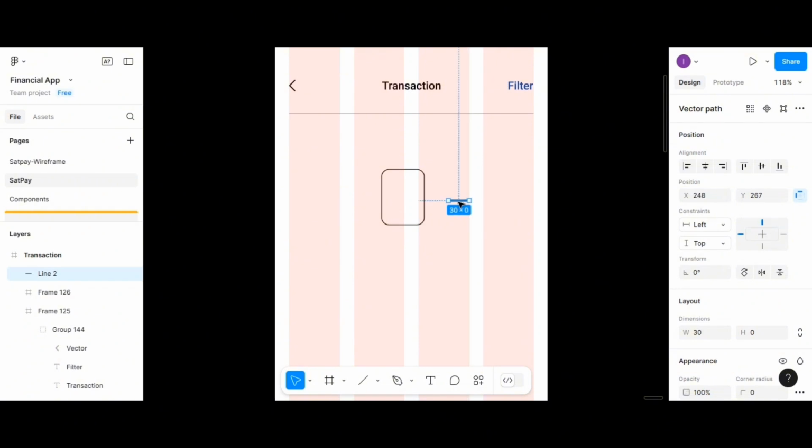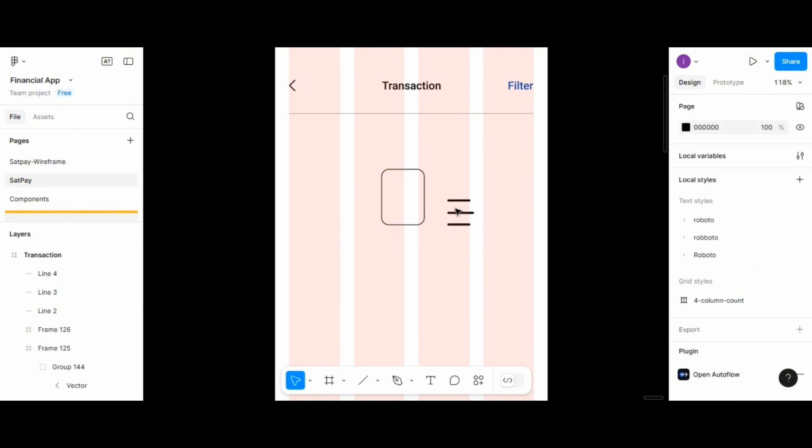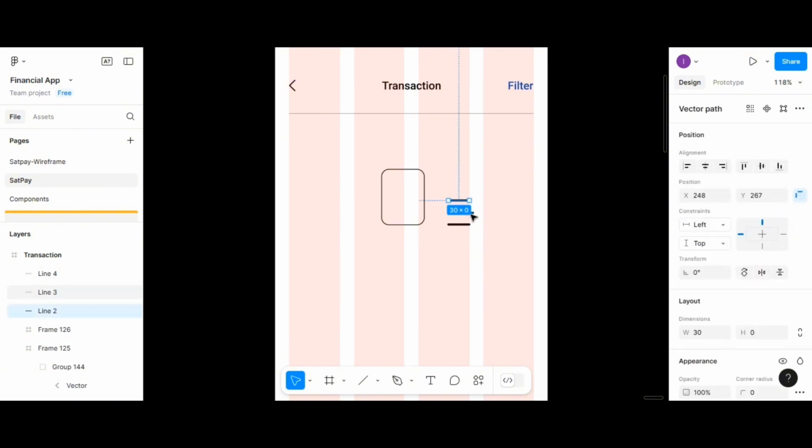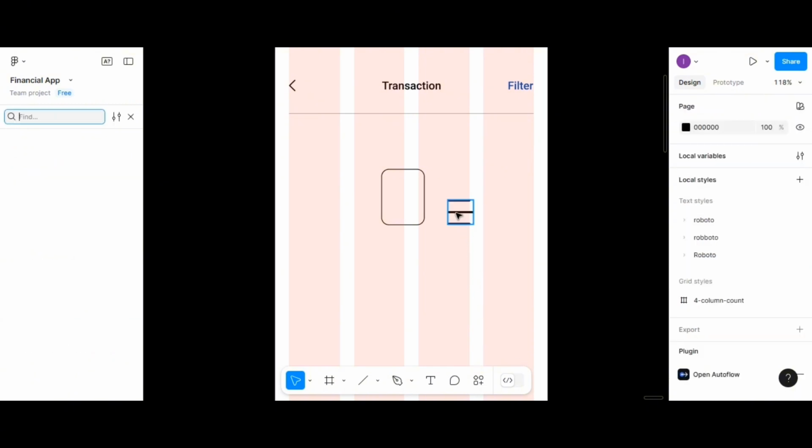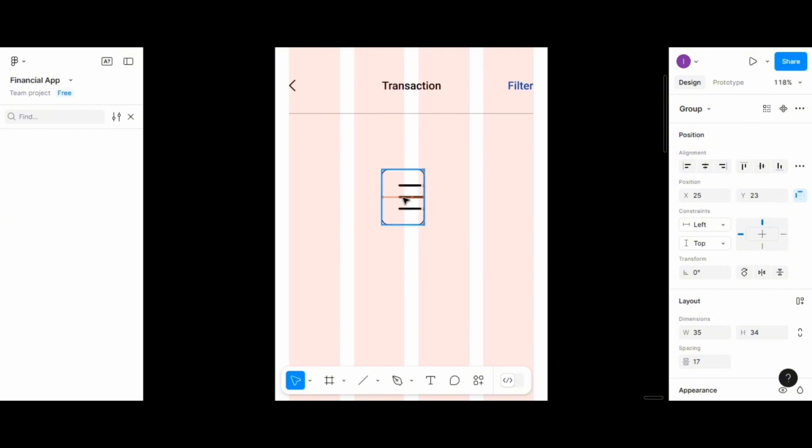So now select the line and duplicate it one more time and one more time again. Now the one in the middle, increase the width to 35. Alright, select the three of them together and make sure they are aligned to the left, and distribute the vertical spacing and give the spacing to 15. And group them together. So now take the group and put it inside the card